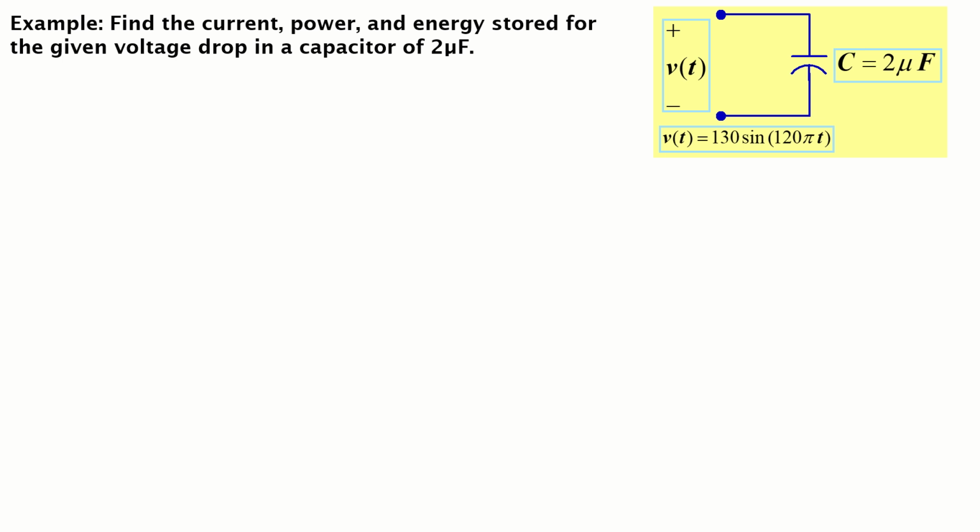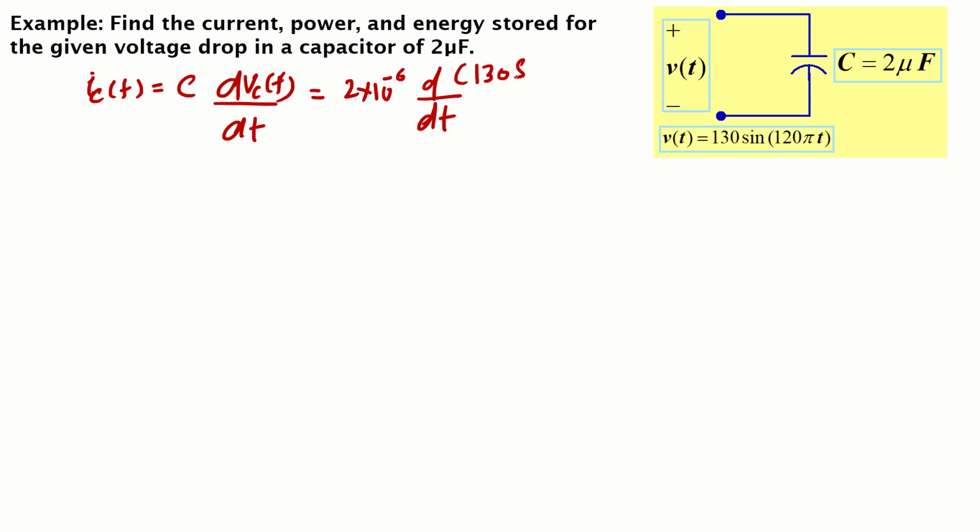The first thing is we need to find the current. The current formula: the current through the capacitor is C times the derivative of voltage. The value of C is 2 microfarad, so 2 microfarad times the derivative of the voltage, which is 130 sine 120 pi t. Now 130 will come outside, so 130 times 2 gives